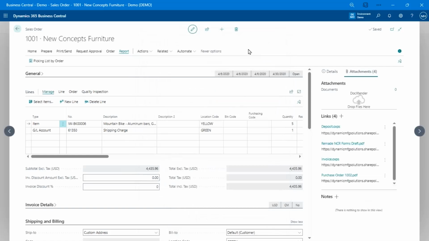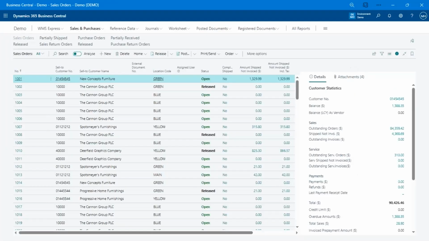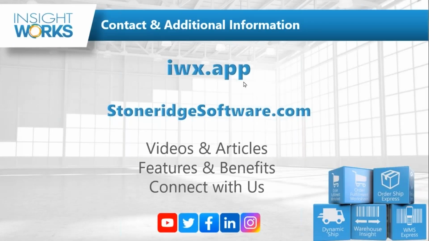All right, so that's a little bit on some of the applications that we have for manufacturing and distribution. Let's go back in here. If you do have questions about these, you can go to our website and check it out. There are detailed demo videos on every one of these applications, or contact your Stoneridge rep, and they will be happy to help you out or schedule a more in-depth demo or whatever you need to decide if these are the right